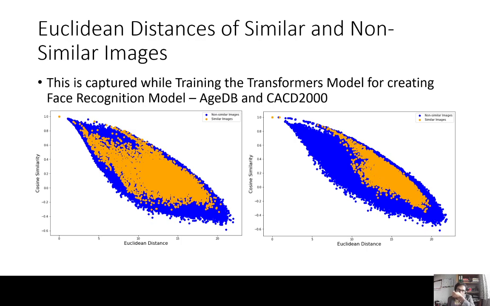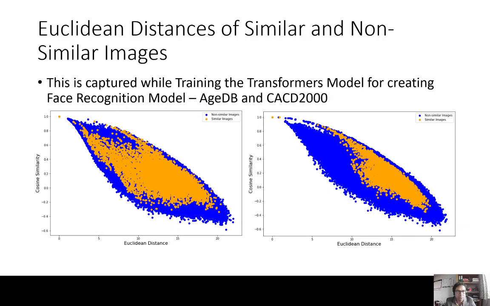So here is a plot of Euclidean distances of similar and non-similar images. This is captured while I trained the transformers model for creating a face recognition model for HDB and CACD. On the left-hand side you can see HDB, and on the right-hand side is CACD 2000. I plotted non-similar and similar images because we need to do that for the transformers model,